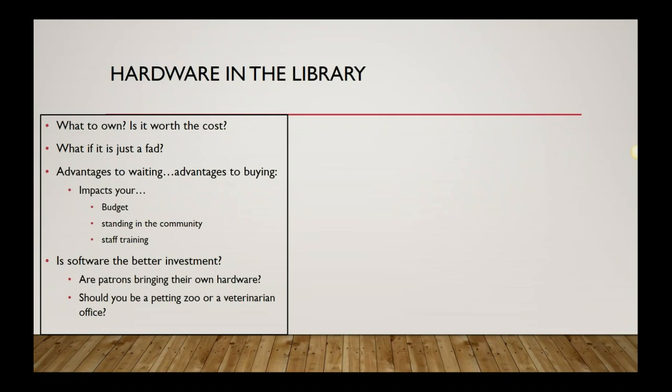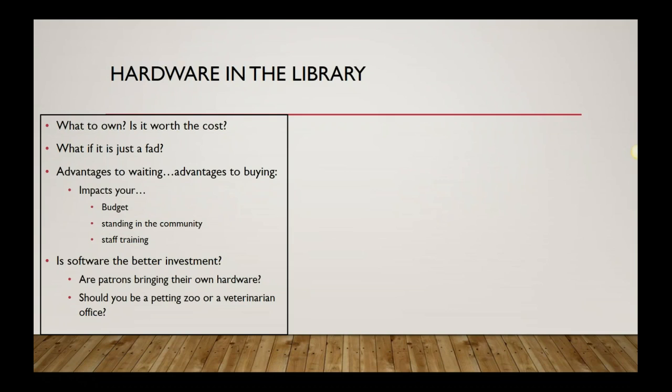However, if they do see that you have this technology on hand, this hardware on hand, they'll expect that your staff is trained in it and that they will know how to answer those questions. So when you begin purchasing these items, keep that in mind, because you'll have this stuff on hand and you'll say, here it is, and they'll say, well, how do you even turn this on? If no one there knows how to do that, it probably wasn't worth a purchase. So when you do buy this stuff, keep in mind not just the budget, but also how your community would interact with the item and how your staff would be trained on using that item as well when you get the inevitable questions. And then finally, is software a better investment than hardware?